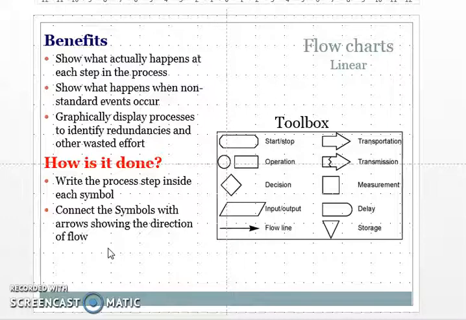And from the exam point of view they ask a very simple question: write a short note on flowchart, or any three quality tools. At that time it is expected that you write what is a flowchart, how does it work, and what is the benefit, and you have to write one simple example. After that the next